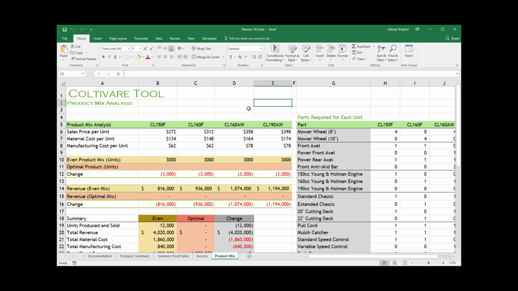And we're going to go to the yellow box. So we're on the products mix worksheet. And let's go to B11. Okay, and we're going to put in 3,500. And then in C11, we're going to put in 3,500. In D11, we're going to put in 2,500. And then finally in E11, we're going to put in 2,500. Under this product mix, the total number of mowers is unchanged, remaining at 12,000 units overall, but